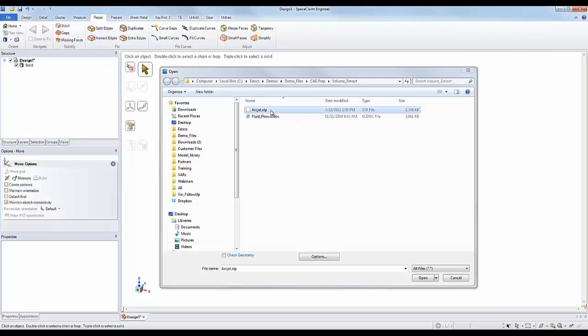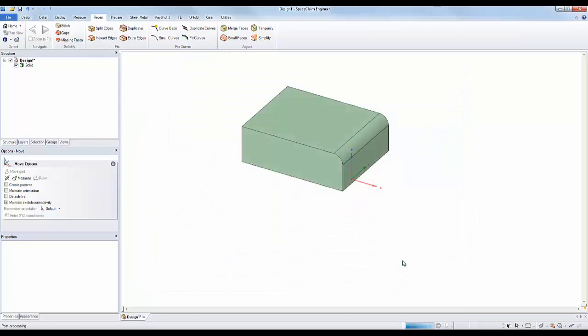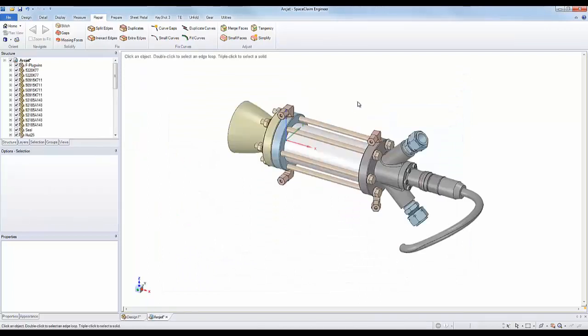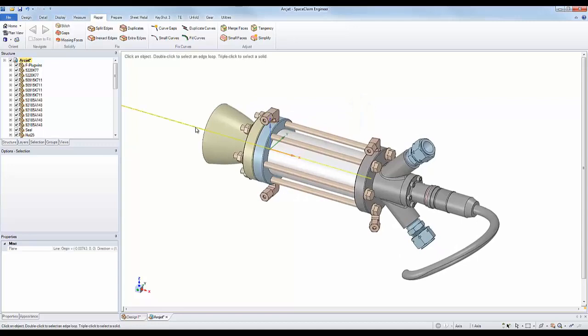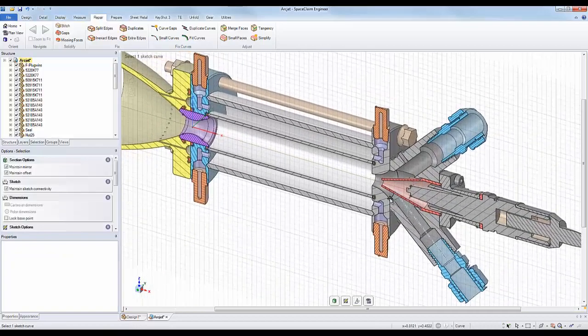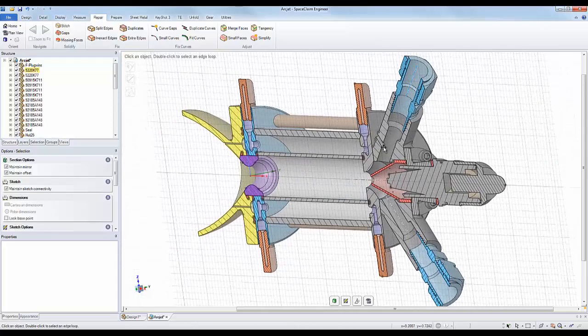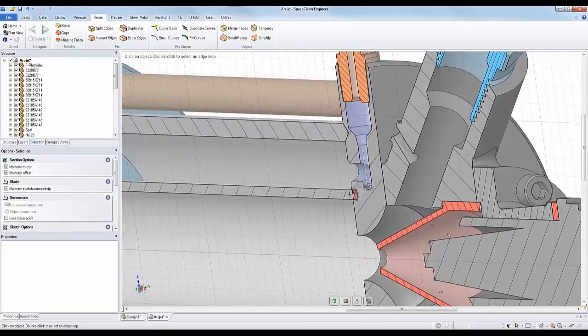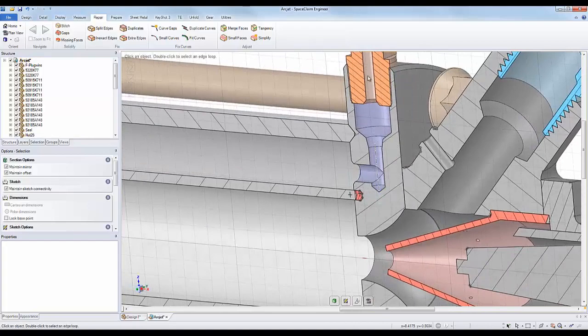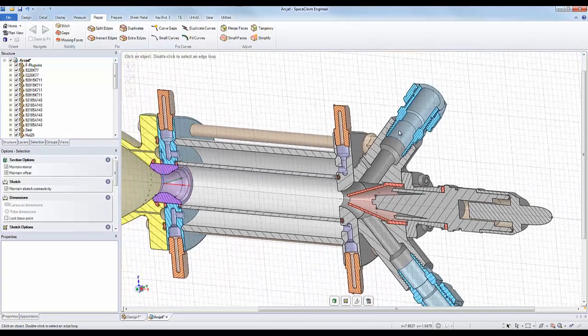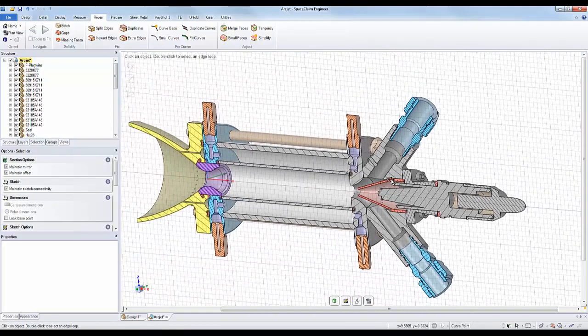Let's take a look at another way SpaceClaim is great at reusing data, even from generic files like STEP. One thing that's very common in the simulation and analysis fields is computational fluid dynamics, or CFD. That's when we have a part or an assembly that has some sort of internal volume. Usually we have air, gas, some sort of liquid passing through certain chambers, and we want to take a look and analyze the flow, basically how the different materials will pass through, also the effects they have on thermal stress